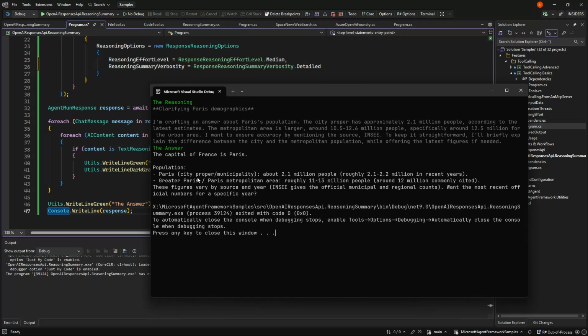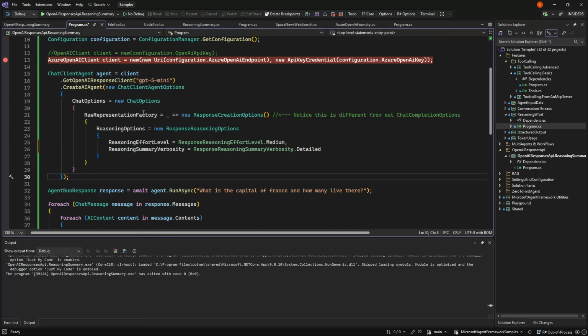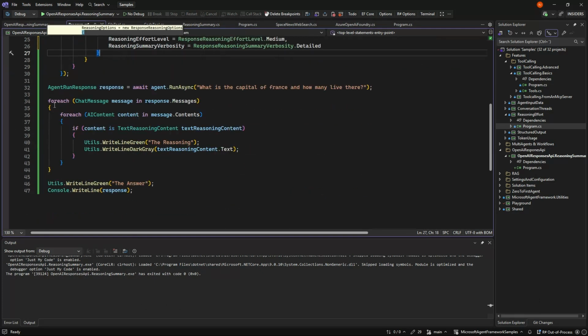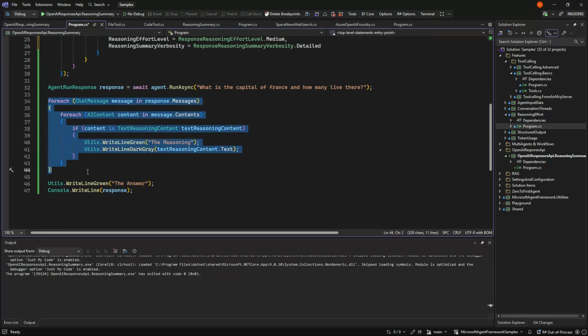So that is actually everything there is to it. It's a little difficult to find this if you don't know it, and a little difficult to understand that you need to go into the response and get the different contents within the messages. But once you get the hang of that, it's fairly simple. I will probably make some helper methods to make such things easier in the NuGet package that I'm planning to build on top of the agent framework.